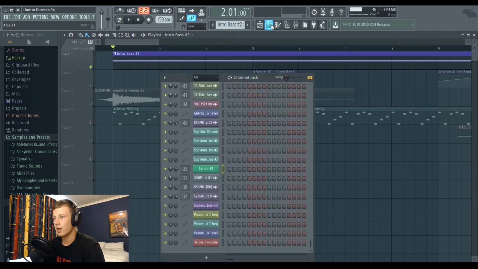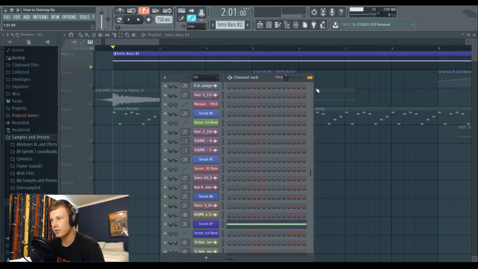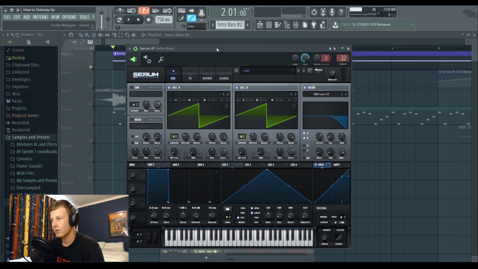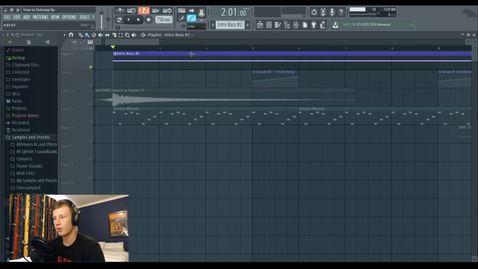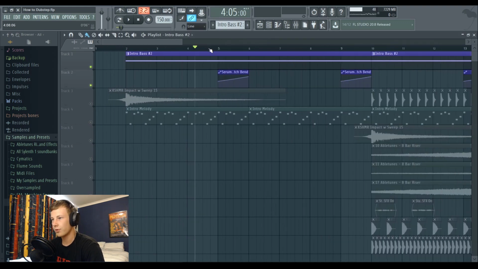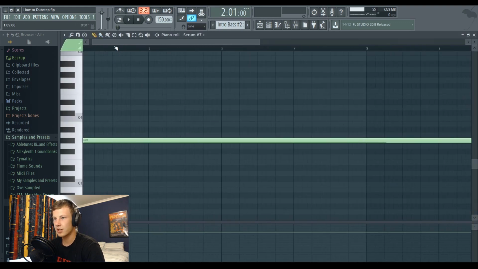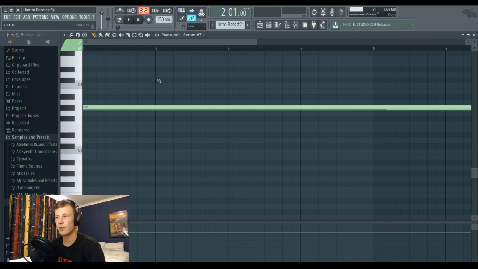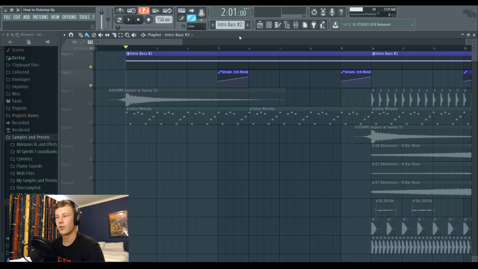And then we got a bass that is just a saw with a filter. The saw's pretty open. I mean, the filter's pretty open. That's why it sounds quite dirty. And then I also put these little pitch bends in it because I'm just playing the G sharp note, which is what my drop basses will play on. So we're just going through the whole song on the G sharp.